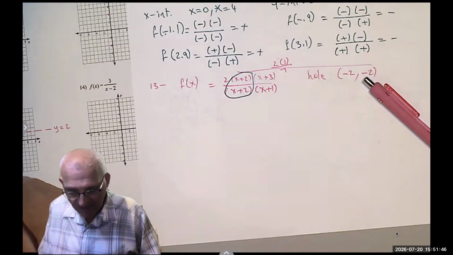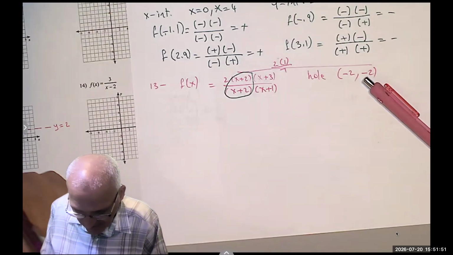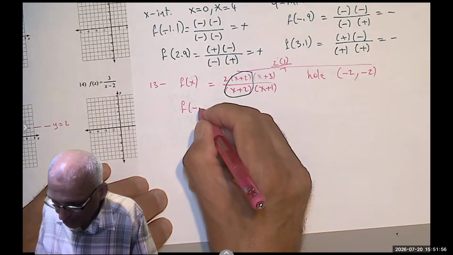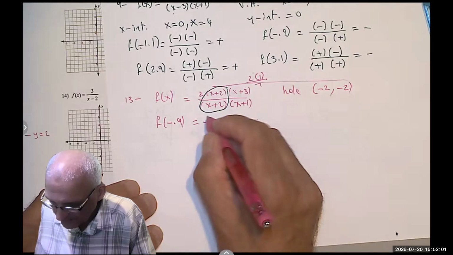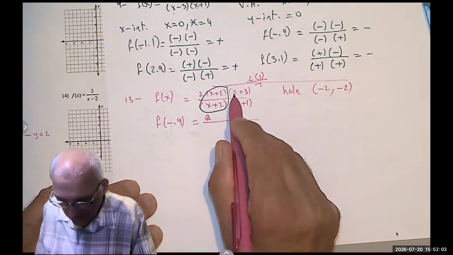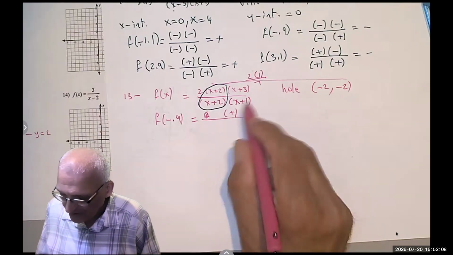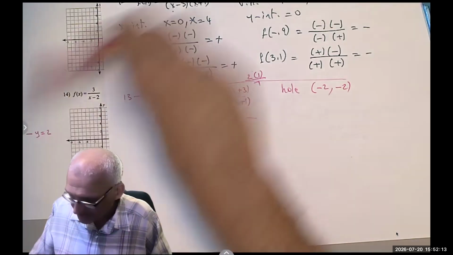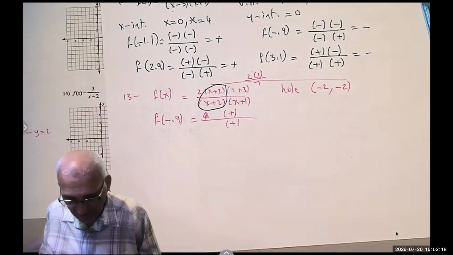But you can check at -1.1 or something. As I said, this is x equals -1. So we try f of -0.9, something slightly to the right. 2 is positive. -0.9 plus 3 is positive. -0.9 plus 1 is also positive. So I am here. I'm going to plus infinity. So we know,